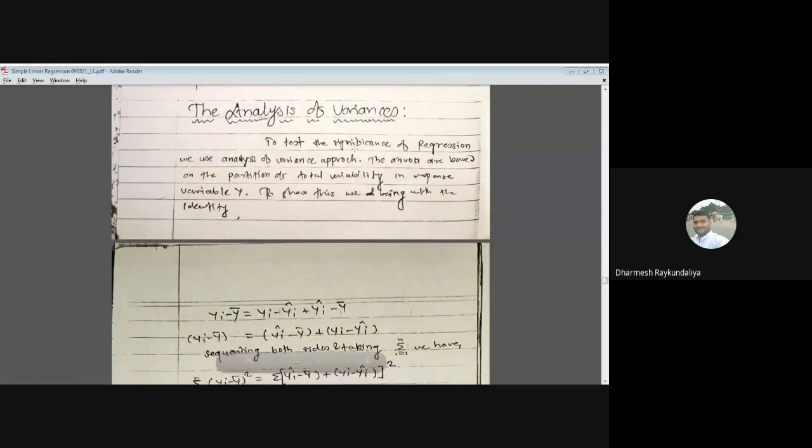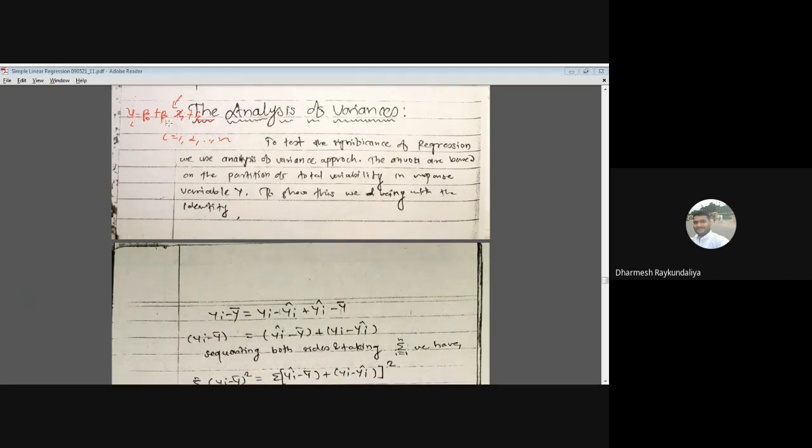To test the significance of regression, in our setup we have taken the model y equals beta 0 plus beta 1 xi plus epsilon i, with i running from 1 to n. Here, whether this particular x is really important for y or not, that means whether this independent variable is really important to predict the value of y. To test this, we wish to see whether beta 1 is significant or not. Suppose beta 1 is 0, then whatever value xi takes, there is no impact on y.